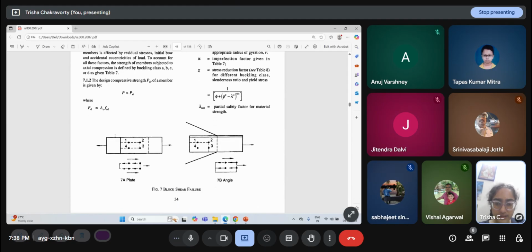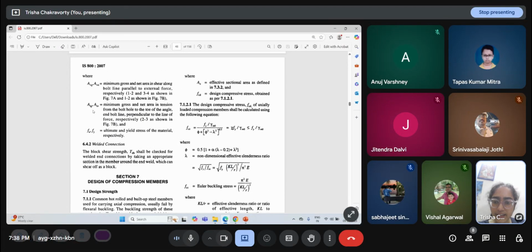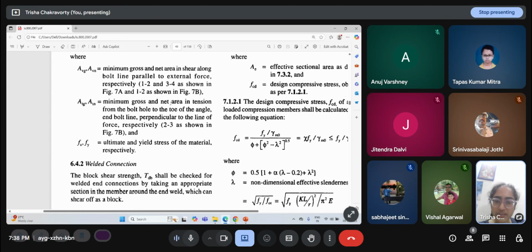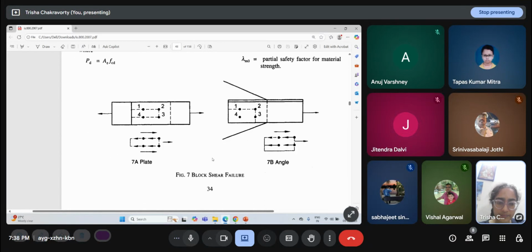So this will be the shear area. If we subtract the bolt holes, it's a net shear area. If we don't, it is the gross shear area. And Atg and Atn are minimum gross and net area in tension from the bolt hole to the toe of the angle end bolt line, perpendicular to the line of the force. So this,